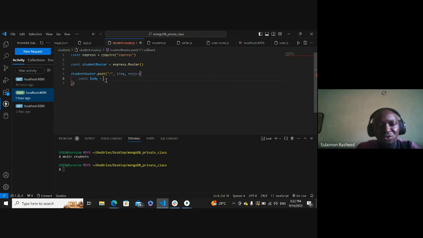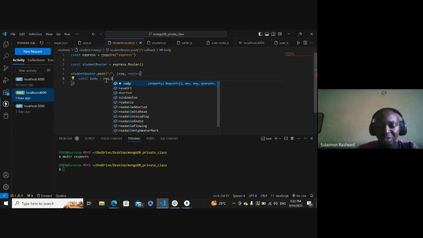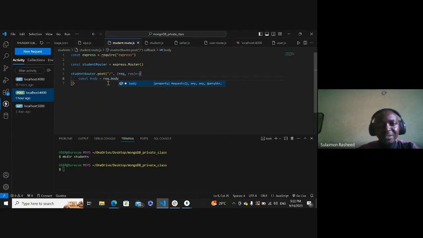So const body equals request dot body. Request.body is going to grab what is in the body of the request and store it inside this body. So that is that. Then the next thing after grabbing request.body is for you to say